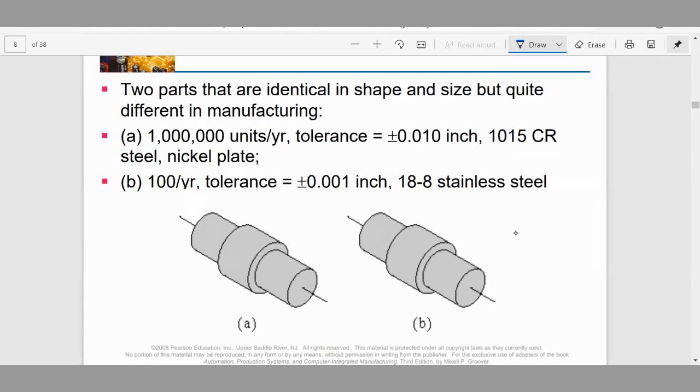So these two parts cannot be accommodated in a single machine cell, and these cannot be a part family, because size and shape are the same, but still the manufacturing levels are different. For A, you can use a conventional lathe machine because the part is cylindrical, and for B, you cannot use a conventional lathe machine because it will not provide you the tolerance of 0.001 inch. You need CNC machines and an automation system, right? So there are some limitations. You need to check all the parts, their attributes, their dimensions, their tolerances, their material type.